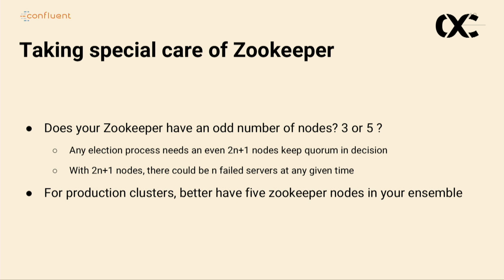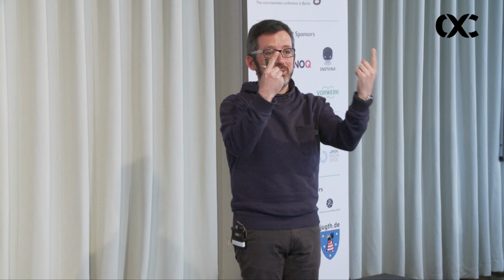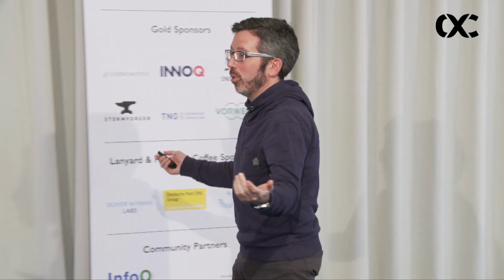Another very interesting question here. How many nodes should I use for my production? Zookeeper needs, actually not just Zookeeper, every human that tries to do an election needs an odd number of nodes to make that election happen. Because if there are only 2, we can reach an agreement, but we can all vote different things and who removes the draw? How many nodes should I use for production? 3 or 5? 7? 9?